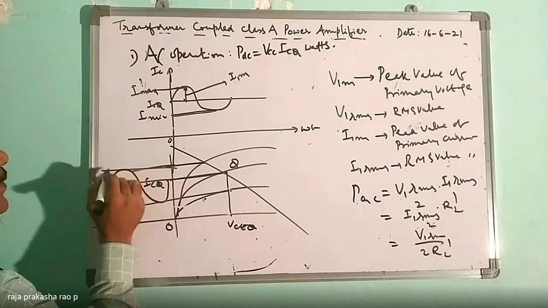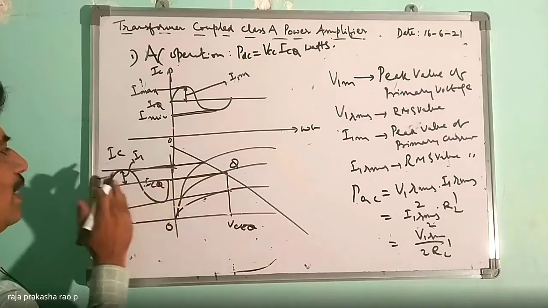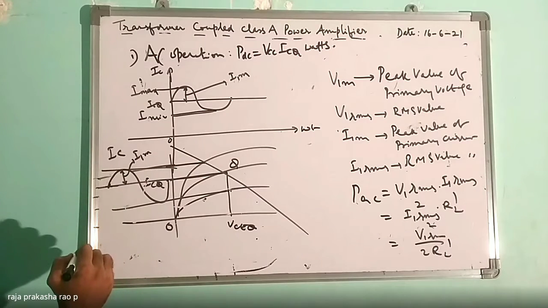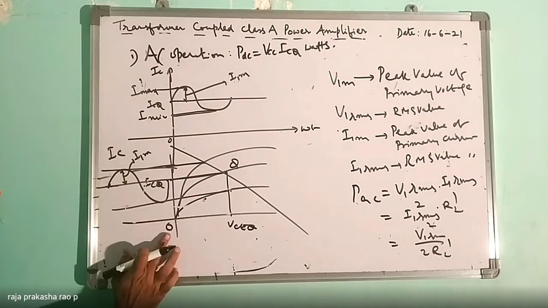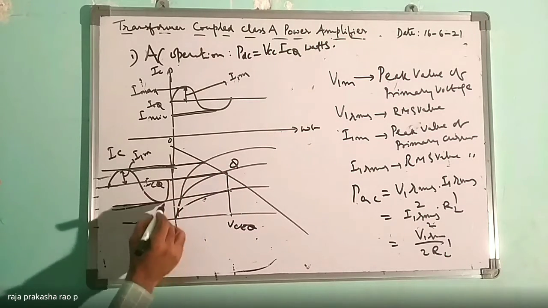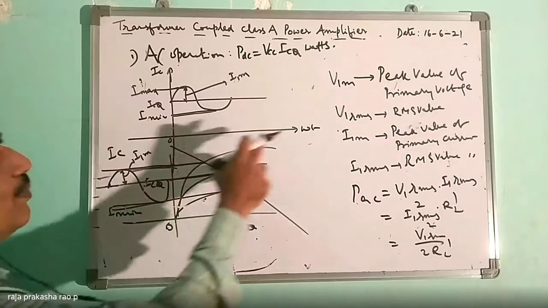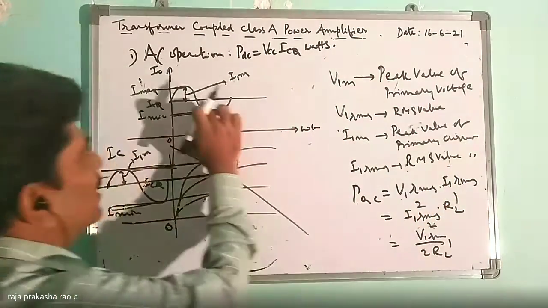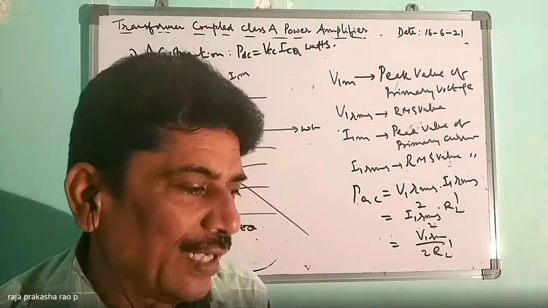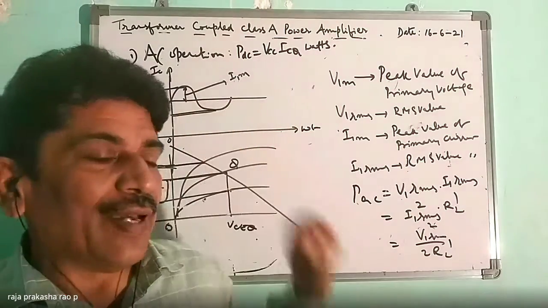This is IC, and this is I1 for the primary only. IC will be flowing in the primary of the coil. So this is I1M. And this I max is nothing but you measure from 0 to this point, and 0 to this point. This is I min. I hope you followed this. And I1M is the peak value of the primary current, the current which flows through the primary coil. That is nothing but IC only. For IC, I1M is nothing but this amplitude, the peak value.